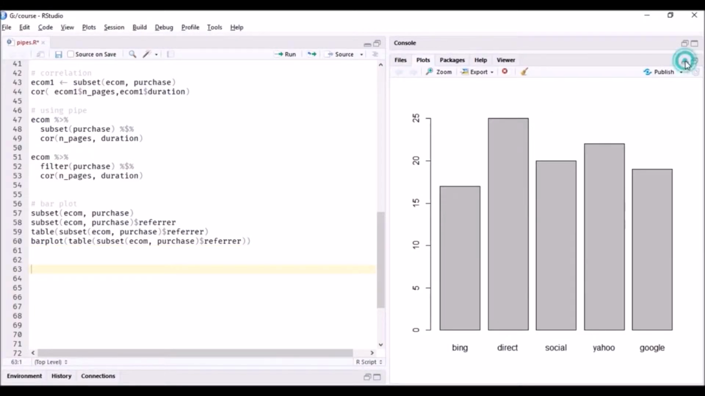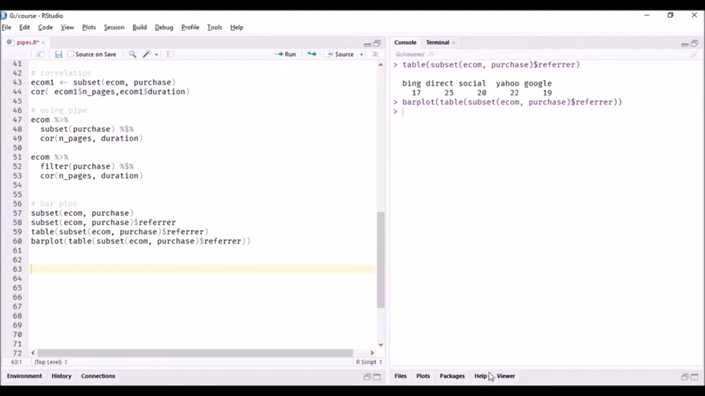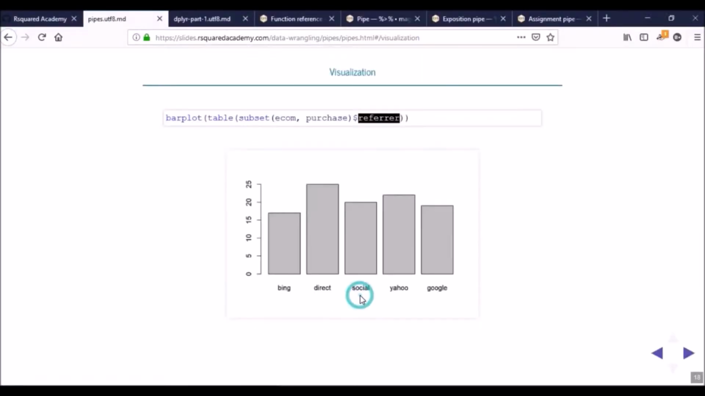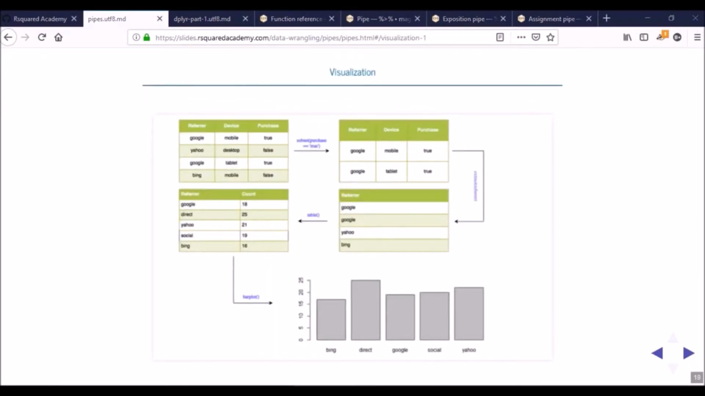Right? Now we'll recreate the same plot, but this time we'll write our code using the pipe operators. Using pipe, this is how we are going to write our code. Now before we do that, let us take a quick look at the steps that we follow when we are